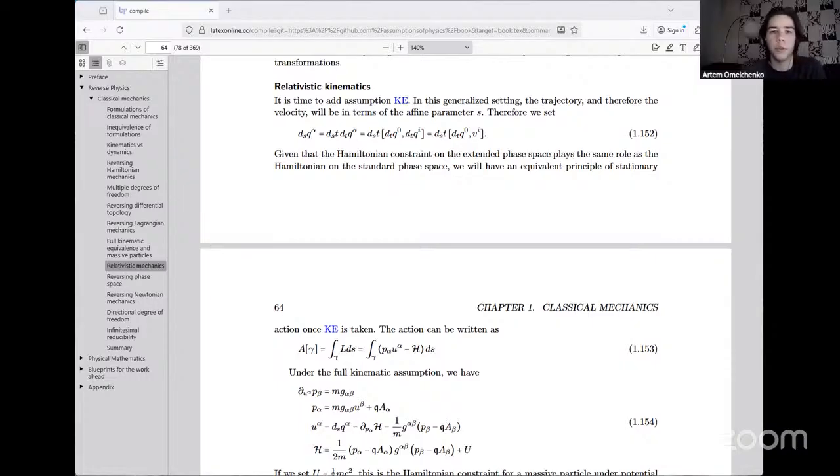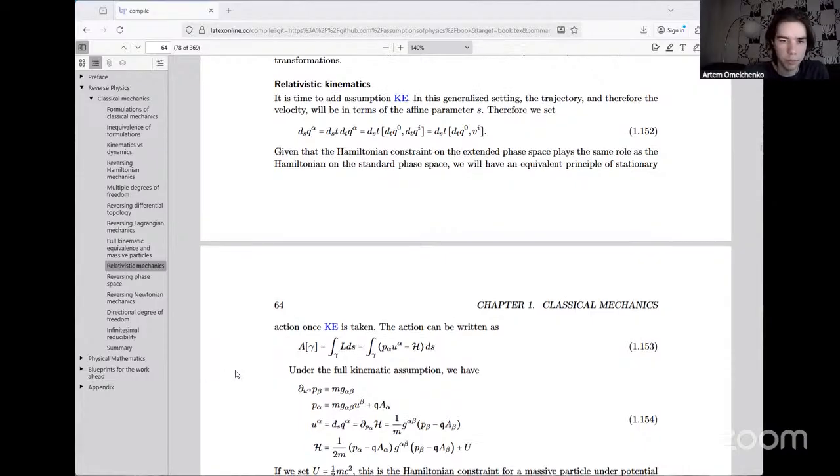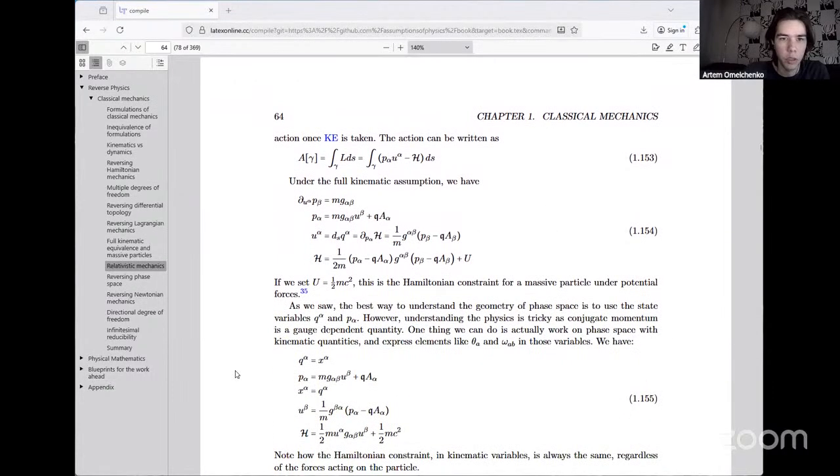Given that the Hamiltonian constraint on the extended phase space plays the same role as the Hamiltonian on the standard phase space, we will have an equivalent principle of stationary action once kinematic equivalence is taken. The action can be written as A of gamma is the integral of,